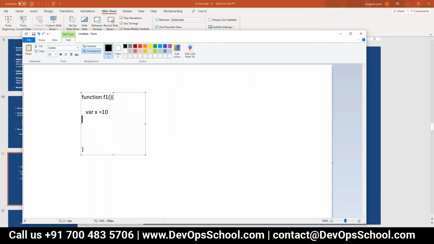So whatever function we want to write here, or console.log, whatever, right? So this is a simple function f1, and how do we call that function? Just like this.